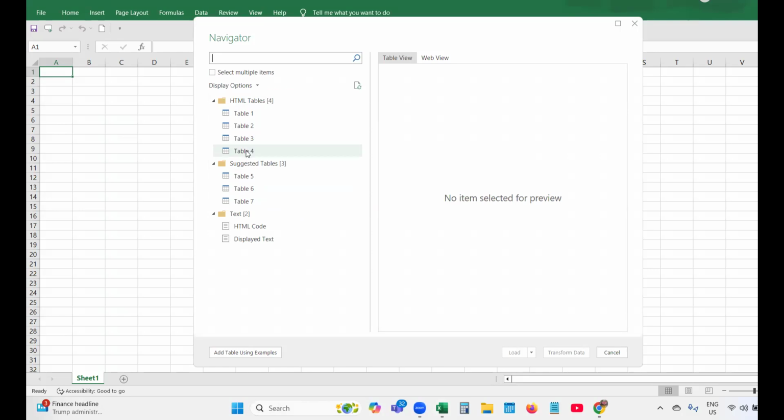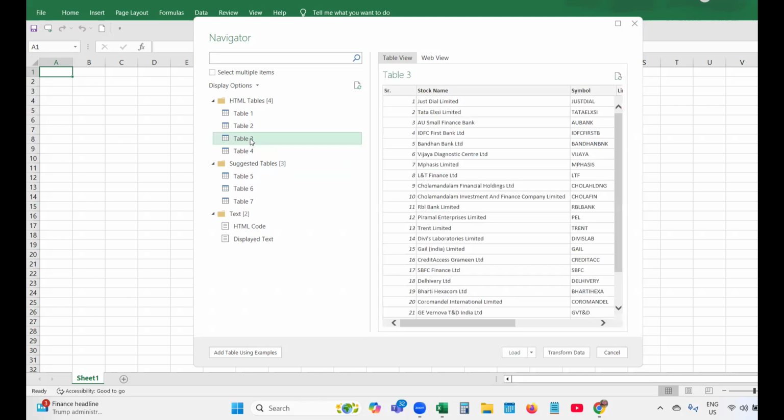So if you click on this, a table view will come. Select multiple items. Okay. Let me click on this table 3. Let us check.